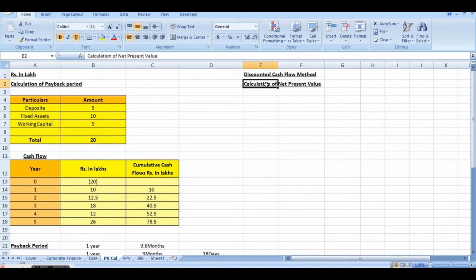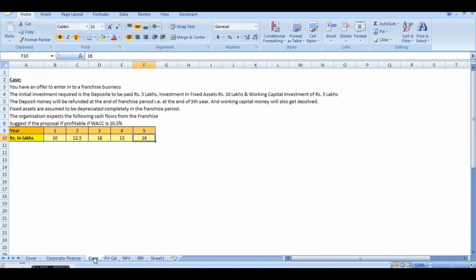One of the most used tools in project financing decisions is the discounted cash flow method, or calculation of net present value. Not only for project financing, this method is also very useful in valuing the organization, as a valuation method as well. So please learn it very carefully and practice it with a few more numericals. Now continuing the case, those who have missed the previous session, we will read this case and try to solve it.